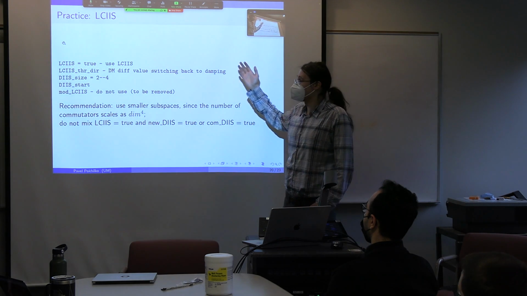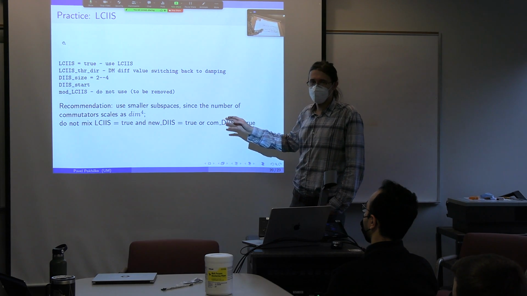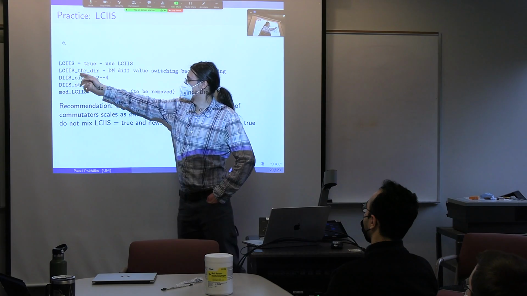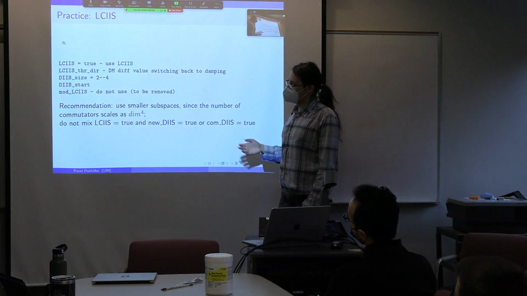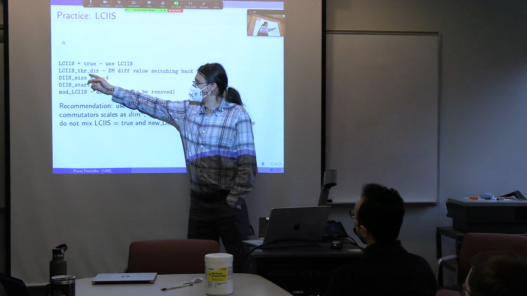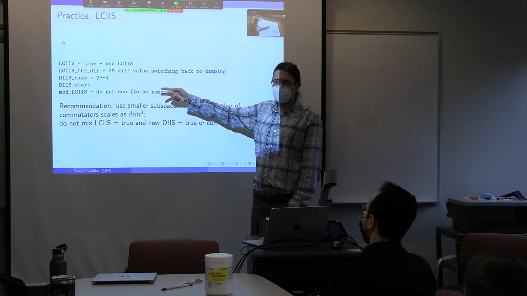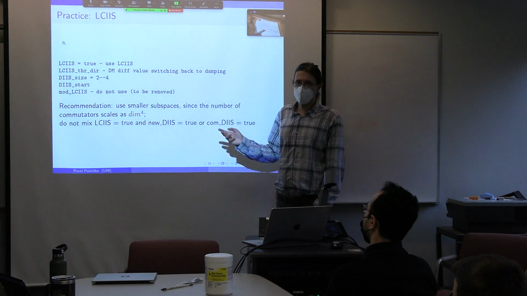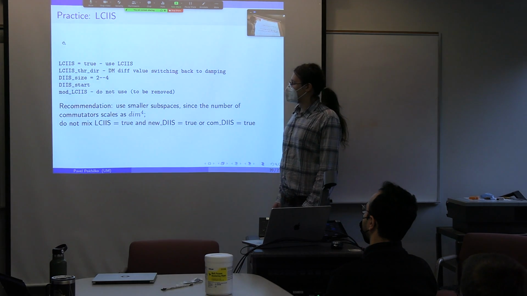You can also use LCIS. You don't need to specify new DIIS or com DIIS parameters to do that. You can just say LCIS equals true. I also looked at how one can avoid this numerical noise near the convergence. So I put this parameter, LCIS threshold, here. It's a switch to direct damping-like iterations where the commutator evaluation is not used and the subspace is not used, as straight iterations in the end, just to avoid this